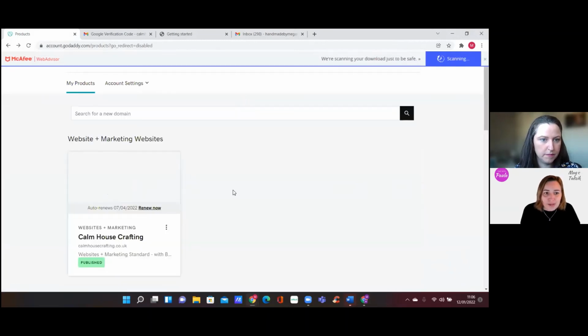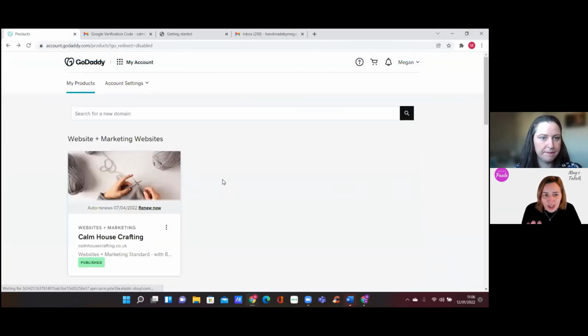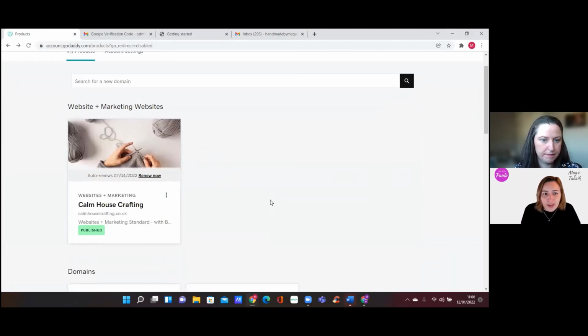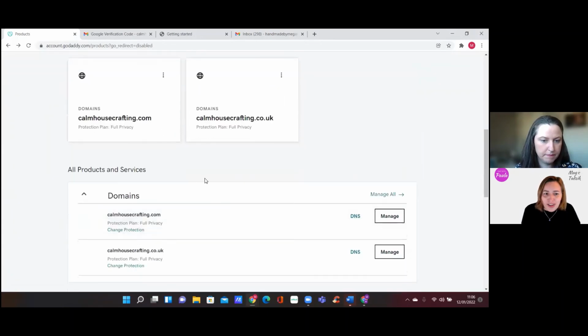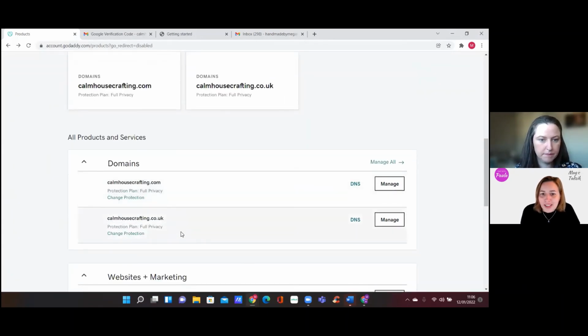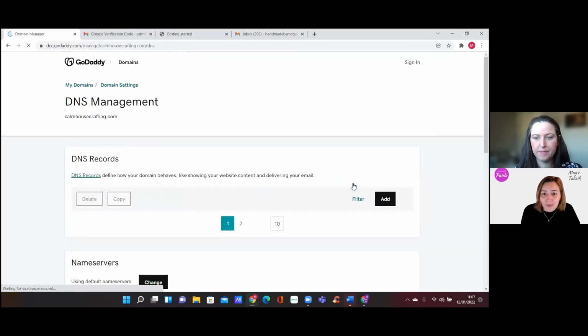We'll take a step back to a place where you can see in your GoDaddy account. So this is what yours would look like. If you scroll down, you'll have your domains there. And if you scroll down a little bit more, you can see your products and services. Now, if you go into the DNS of the domain, the one which you were just amending, then